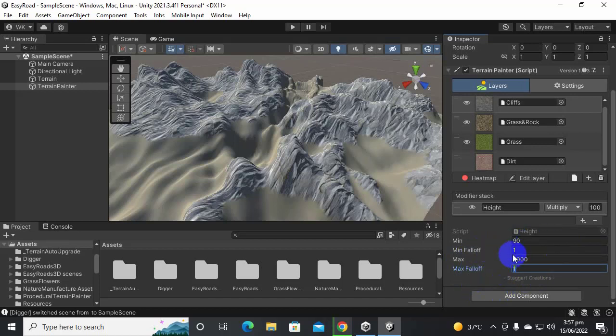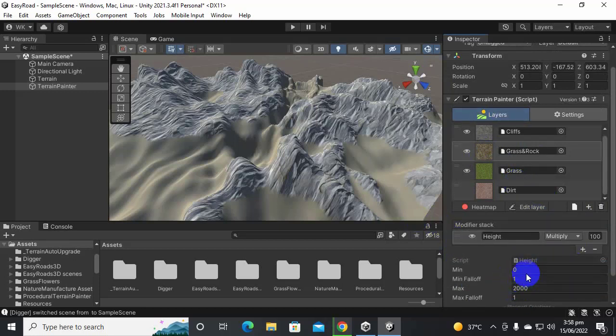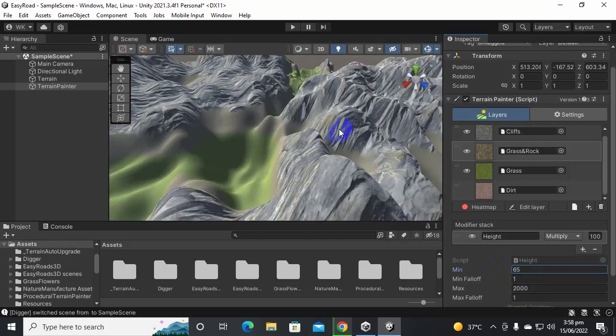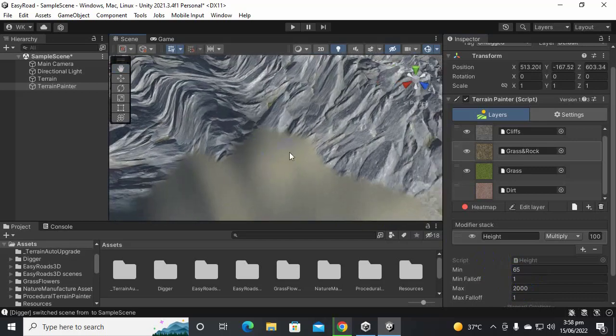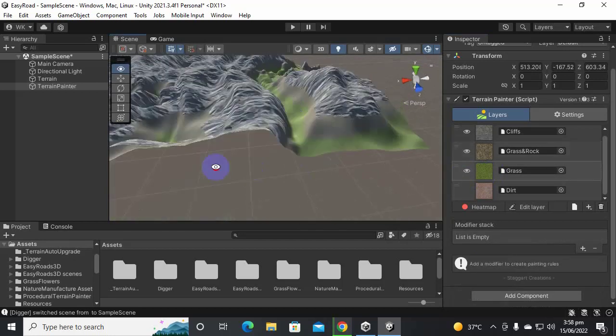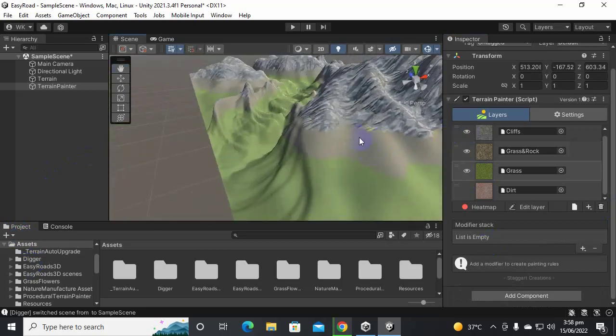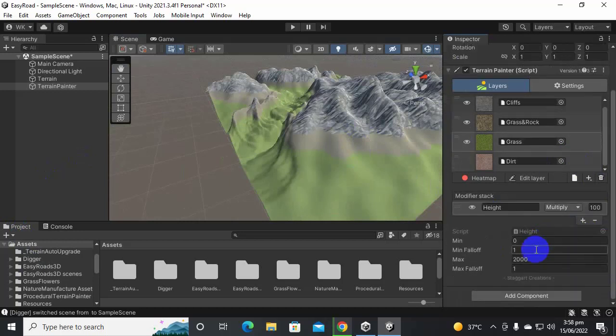You can read the documentation of this asset, and then you can explore other things as well. So let's select the second one, and let's select the height as well. And for this minimum height we will just assign maybe 65, and now you can see we have multiple textures here, and this texture is blending after this rocky cliffs texture, and then we have this grass texture, and you can see that grass texture is everywhere. So let's select the grass texture, and we will just assign a height of grass texture